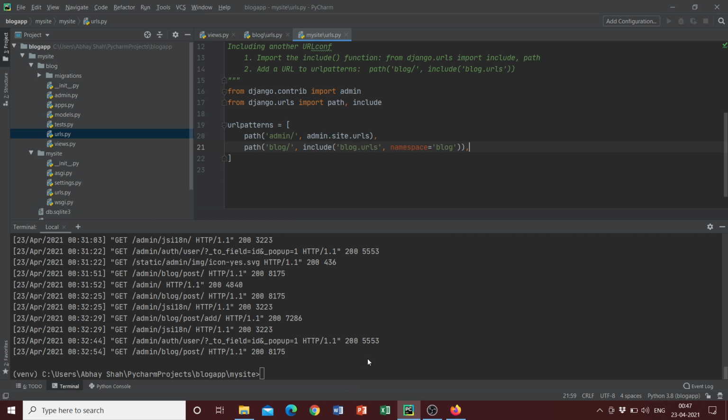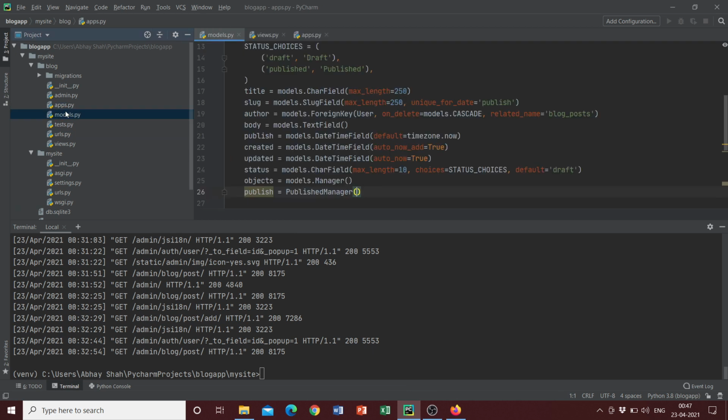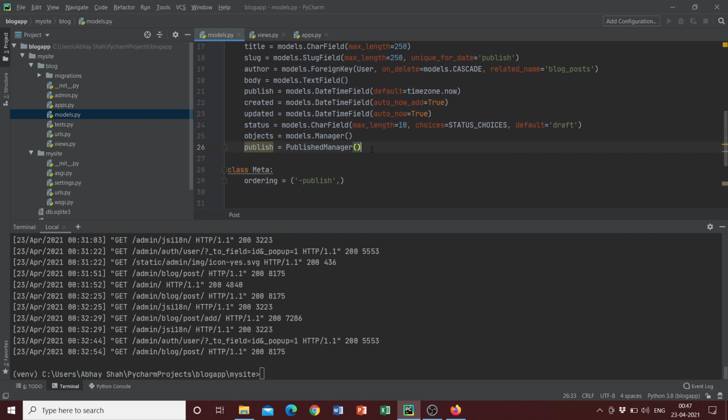So we need to use the get_absolute_url method. We'll create a function called get_absolute_url, so that we can refer to it in our templates using DTL, which is Django template language. So once we do this, we can head over to our models.py file, and once we go here, we can make a few edits to our post here. So we can just go ahead and add a function here called